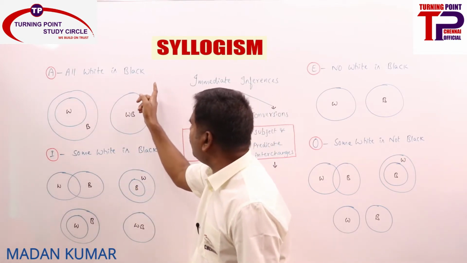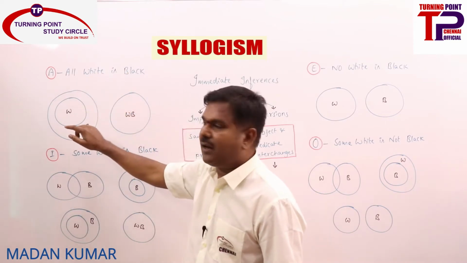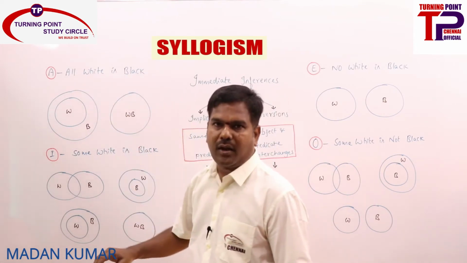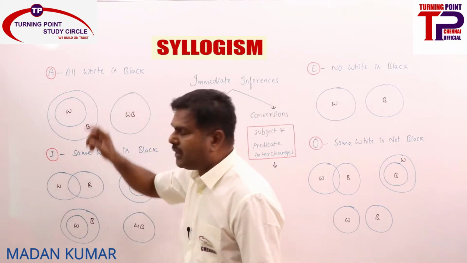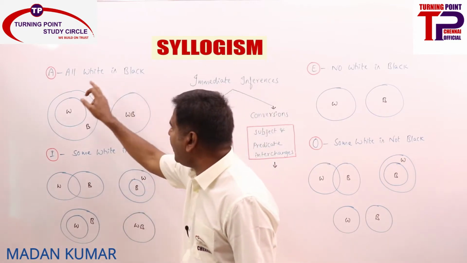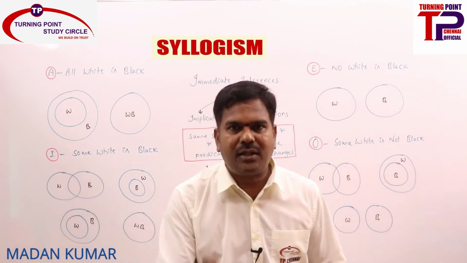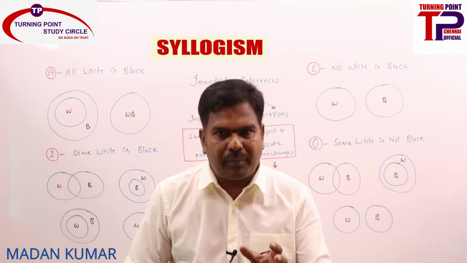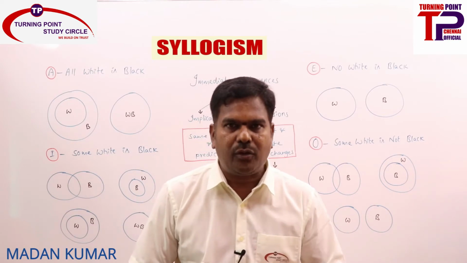So we are finding out whether all black is white is true or not, and from the same A statement can we tell whether some white is black is true or not, some black is white, some white is not black, some black is not white, no white is black, or no black is white can be derived from the A statement or not. All these things from a given single statement we are going to find out. Are you getting? So in immediate inferences, from a given single statement, what other statements can be extracted? This is what we are going to find out.